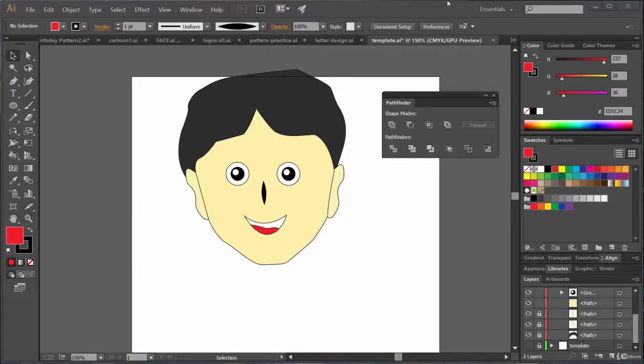Hello friends, only one thing is remaining. First of all, let's hide this template layer to take a full look at how it is looking. And now we need to get rid of this part, right? So what we can do is,